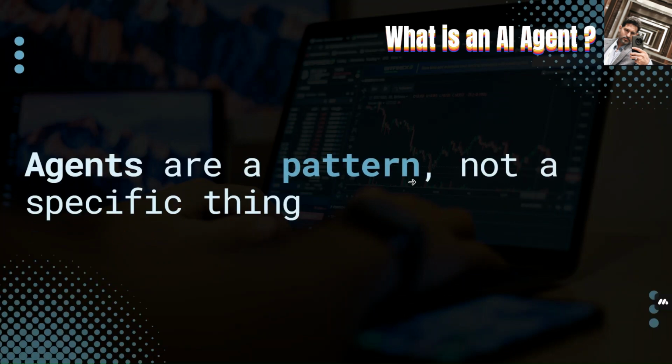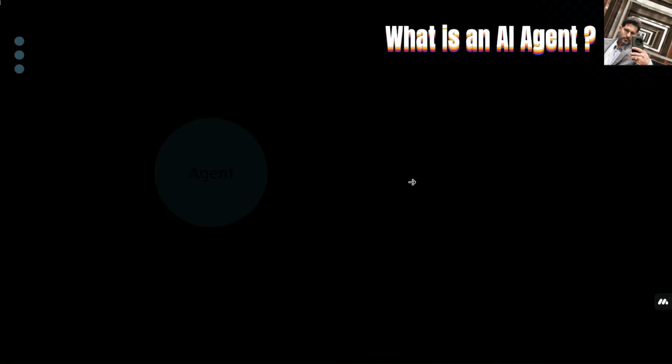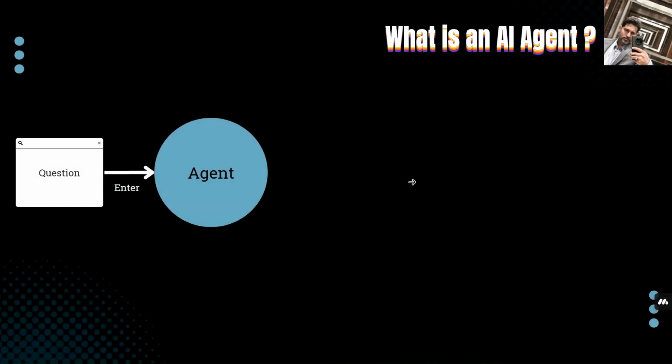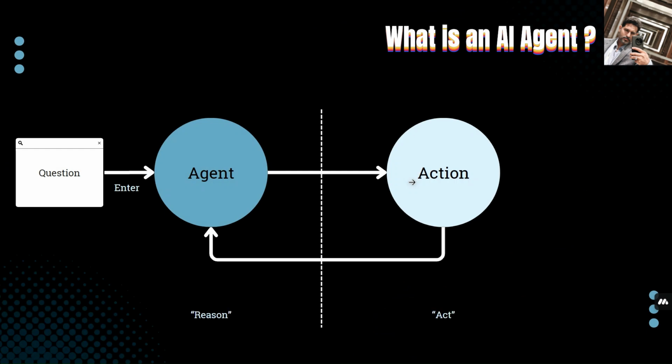Agents are not just tools, they are patterns specifying a reason-action pattern. Think of it as reason, then act, often referred to as the ReAct pattern or ReAct framework. So when you input a question, the agent reasons through it using a large language model and then acts based on that reasoning. The agent takes the prompt, plans the action, executes it, and responds using its internal reasoning capabilities.